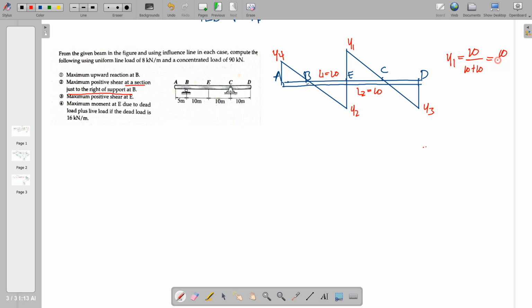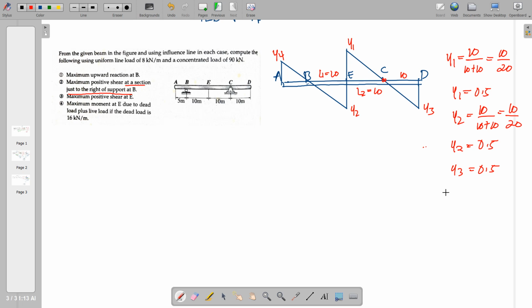So that is 10 over 20, or Y1 is equal to 0.5, and Y2 is computed the same way. The base of Y2 is 10 also, so this is 10 over 20, and Y2 will be equal to 0.5. Now since Y3 has the same base, this is also 10, therefore Y3 is also equal to 0.5,